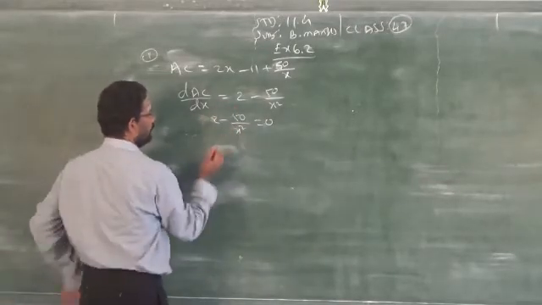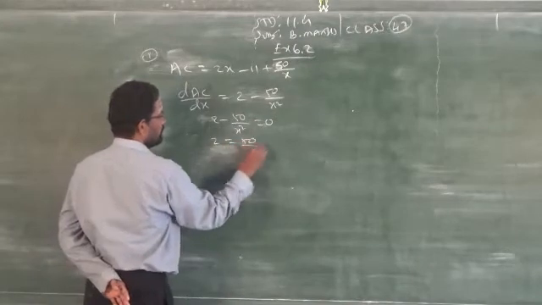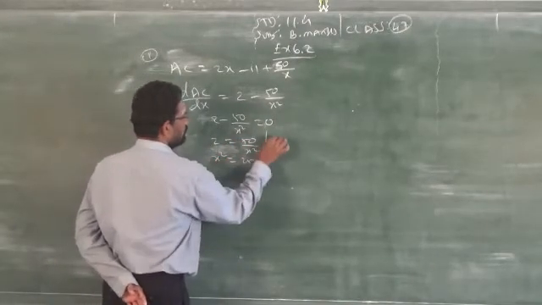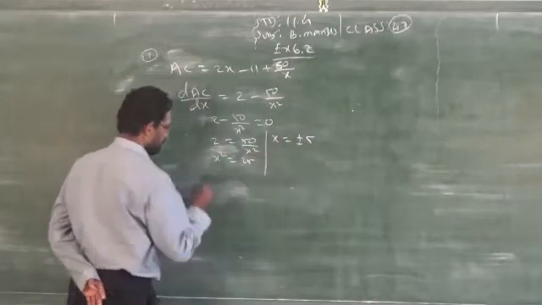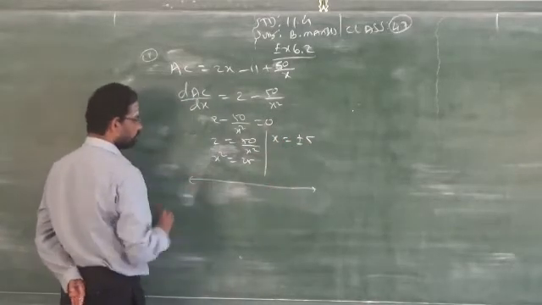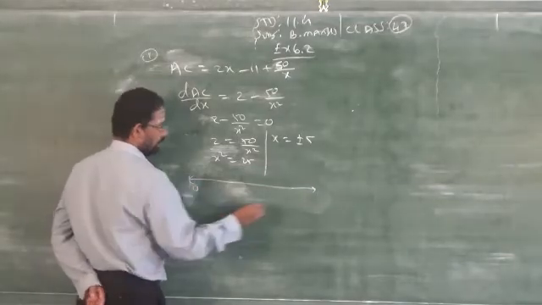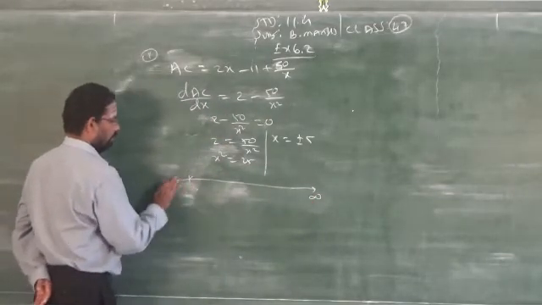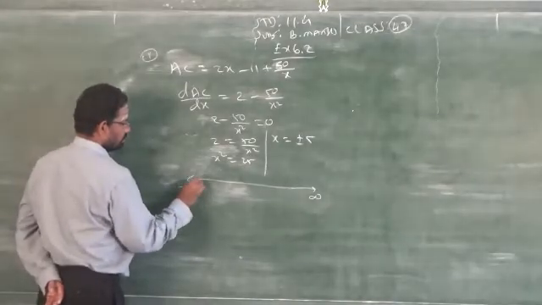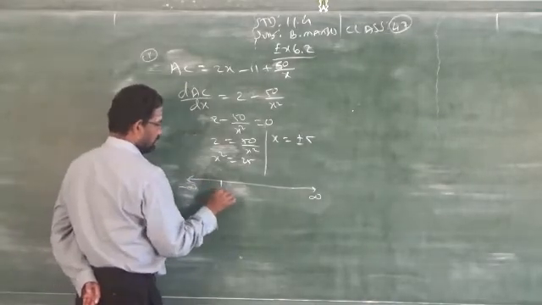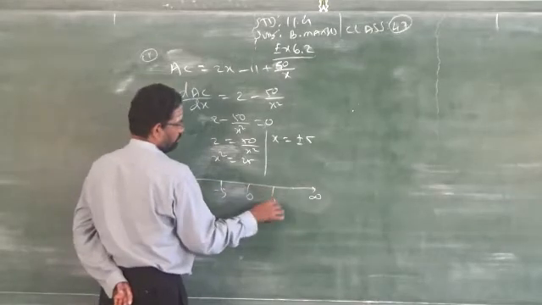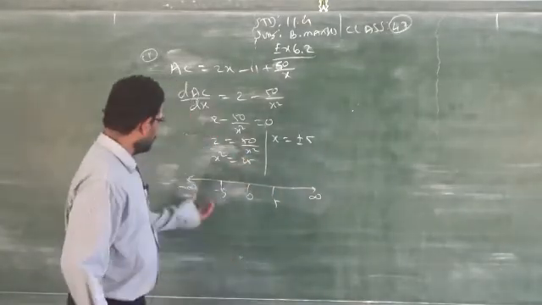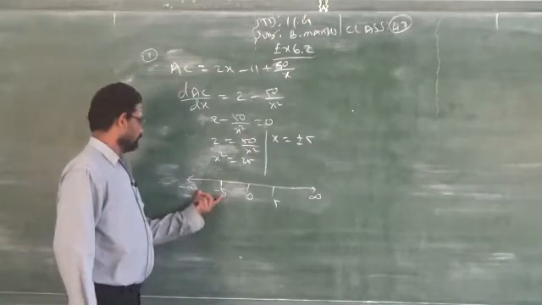First order, make it equal to 0, then find the values of x², which will give you x is equal to plus or minus 5. Draw the number line. Cost cannot be negative, so 0 to infinity, or you get minus 5. Taking minus infinity, minus 5, 0, 5, form the intervals like this, and take any one point from each interval.